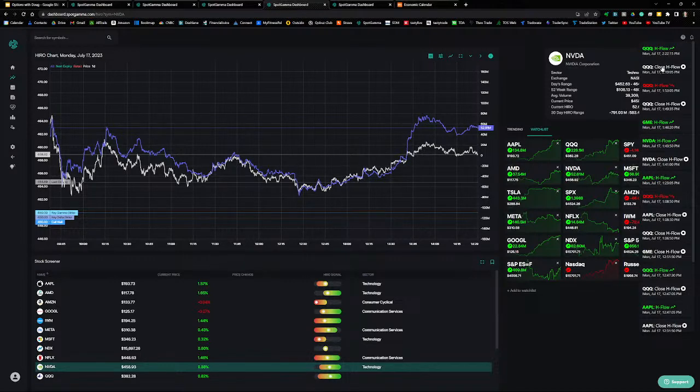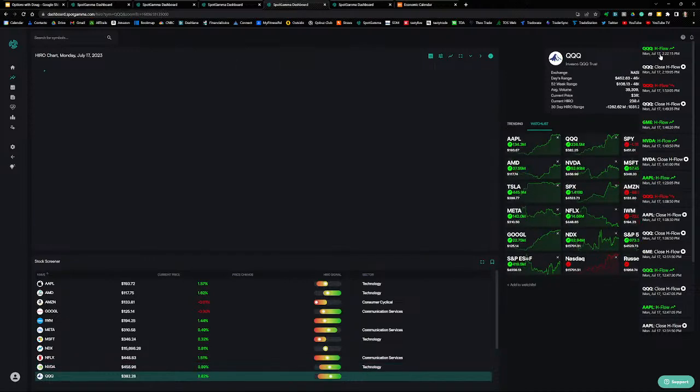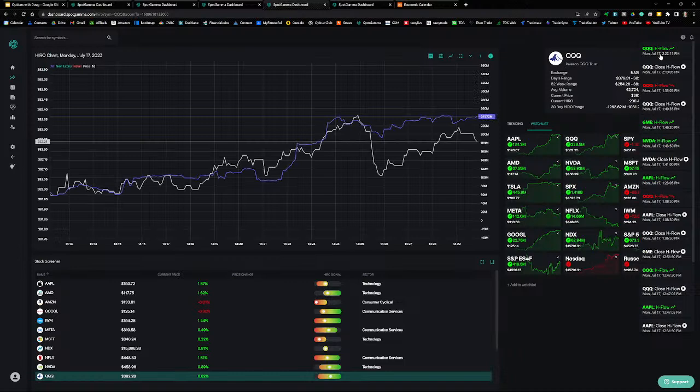So this is something that Spotgamma has been working on, and I assume this H flow means hedging flow, green means that is a bullish signal. So let's see this QQQ H flow. There's a bearish signal at 1:53 and then a bullish signal at 2:22. So click on that,